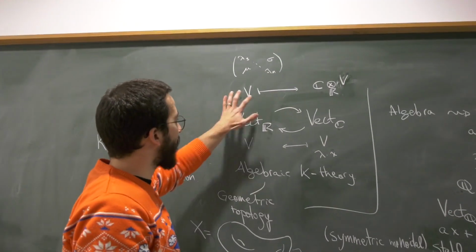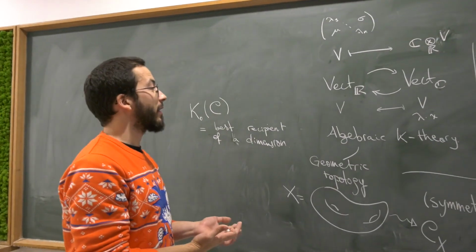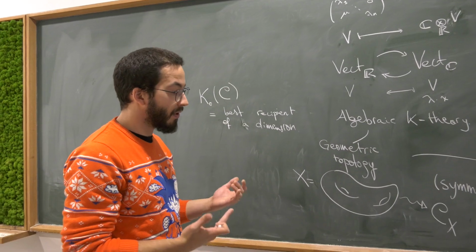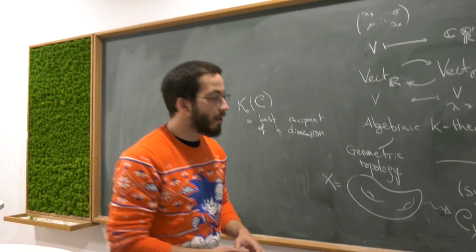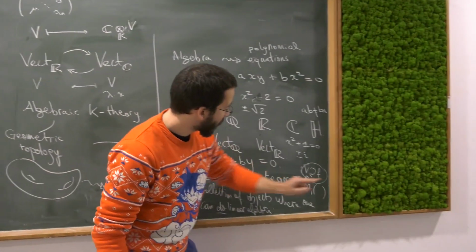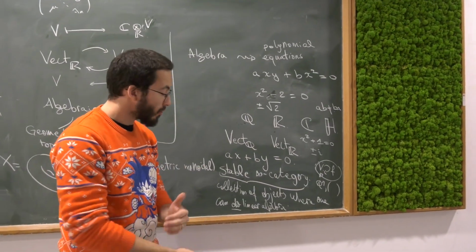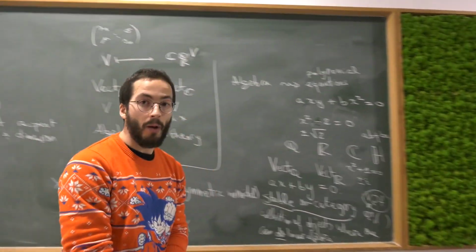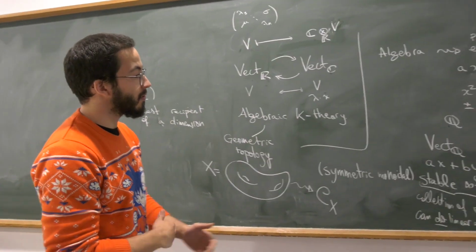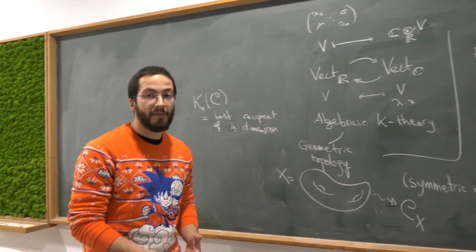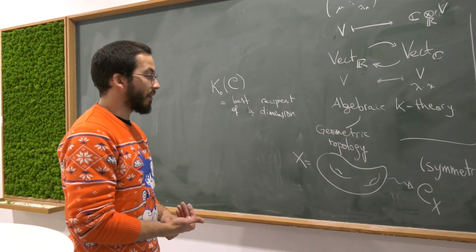vector spaces, as I said, they have this dimension. And in fact, they're completely classified by this dimension. This is a very simple thing. If you want to tell me what the vector space is, you can just tell me a number. But if we look here at vector spaces with an endomorphism, so matrices, it's much more complicated to classify them. And if you think about Jordan normal forms and so on, you'll find that you can actually classify them, but it's much more complicated.